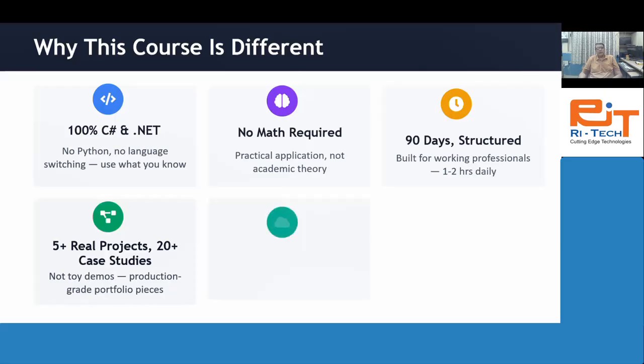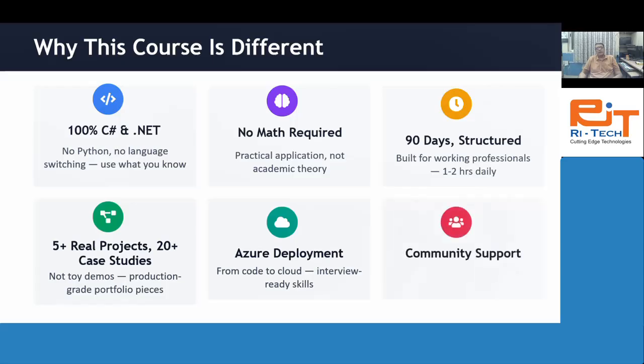So it will make your portfolio production ready. Azure deployments, so from code to cloud, we are not just writing the code and running it on the local computer. We are going to deploy it on the Azure cloud. And you'll get community support: peer grouping, mentors, doubt clearing, and sessions.